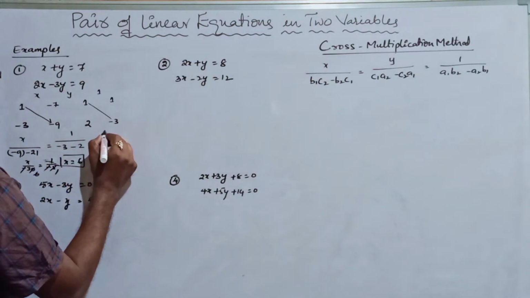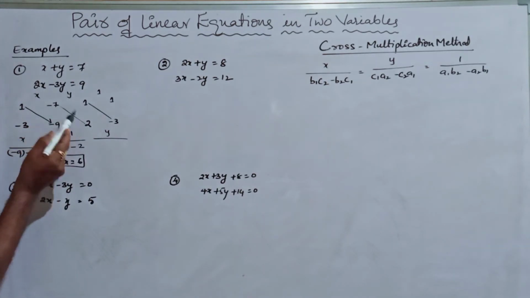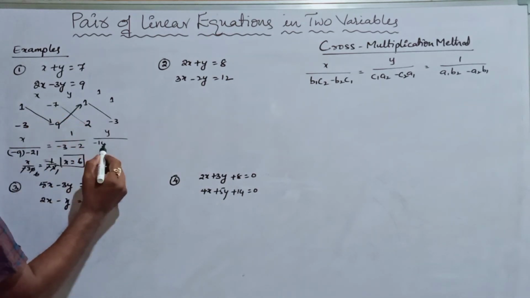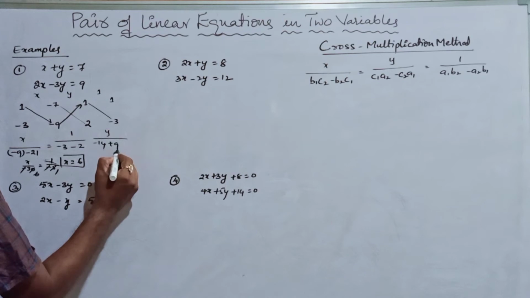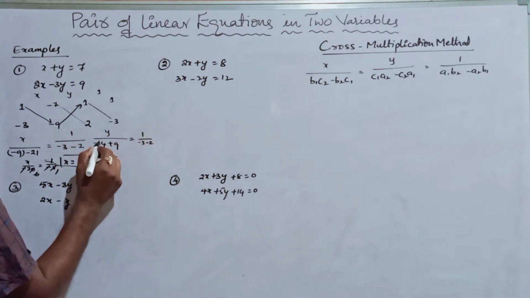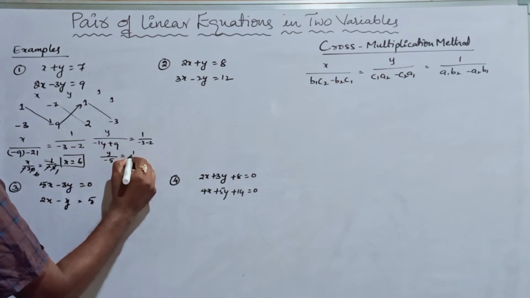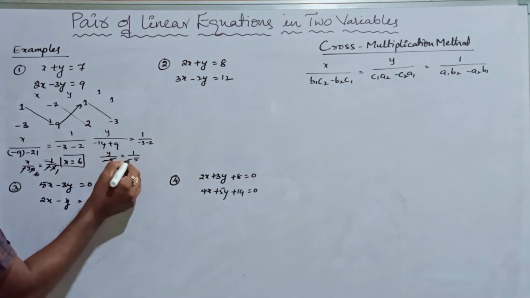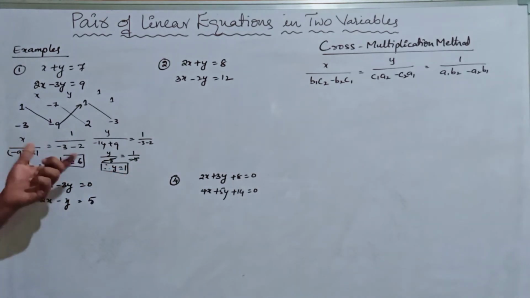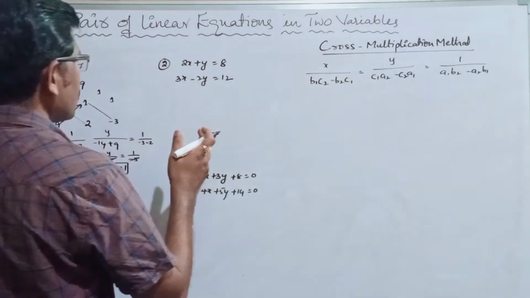So similarly y is equals to y by, so here multiplication, 7 twos are minus 14, 9 ones are 9, minus into minus plus 9, is equals to 1 by same, minus 3 minus 2. Y by minus 14 plus 9, minus 5, is equals to 1 by minus 5. Minus 5 gets cancelled. y is equals to 1. Simple. Even if we submit directly in the principle, we get the same answers. But doing it that way takes a little lengthy time.